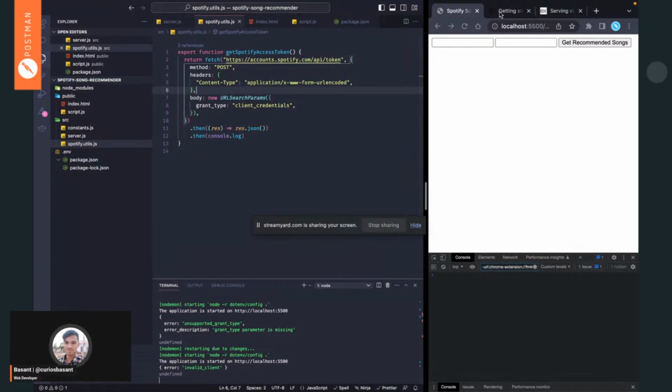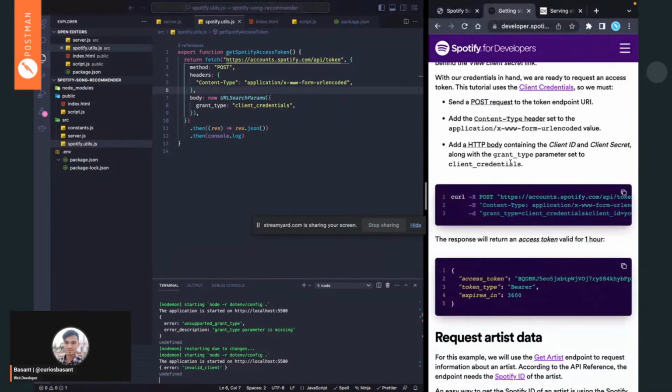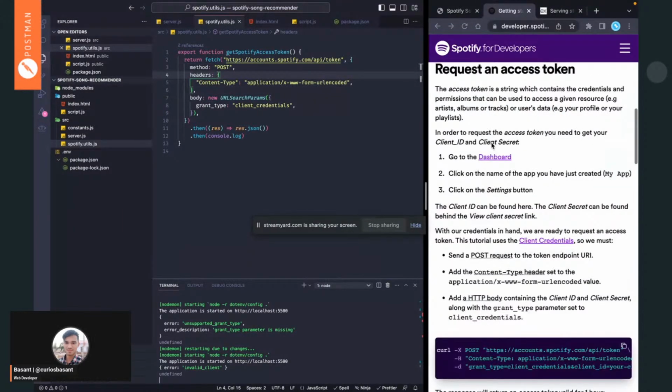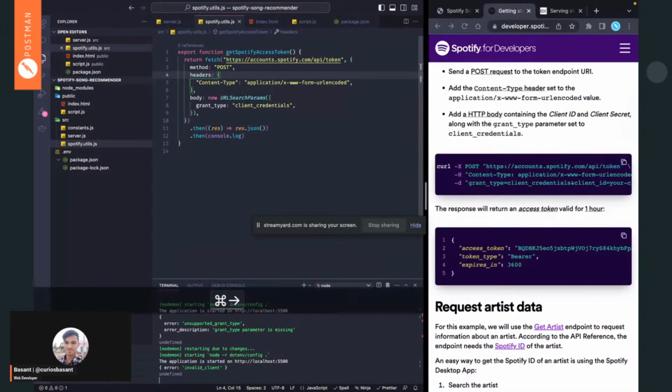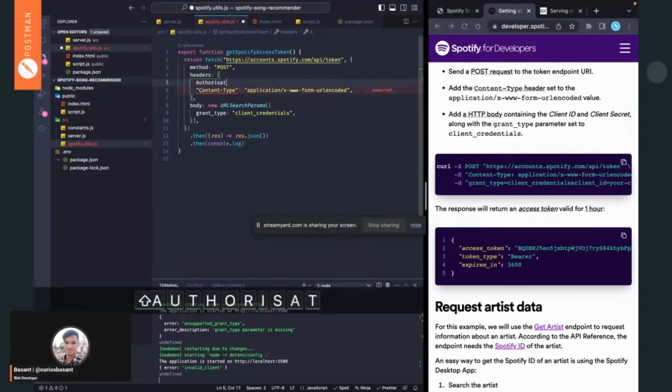Okay, that is because we are not giving it the credentials here. So this is the time that we need to add the credentials. What we are going to do is in the header, it has already told us to do that thing. So in the headers, add authorization,